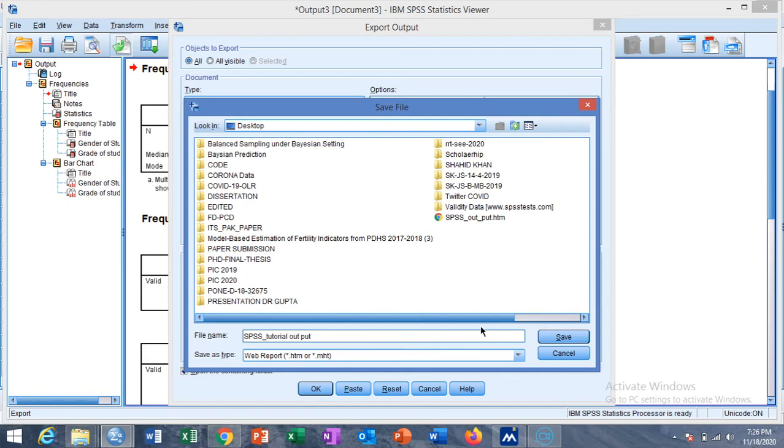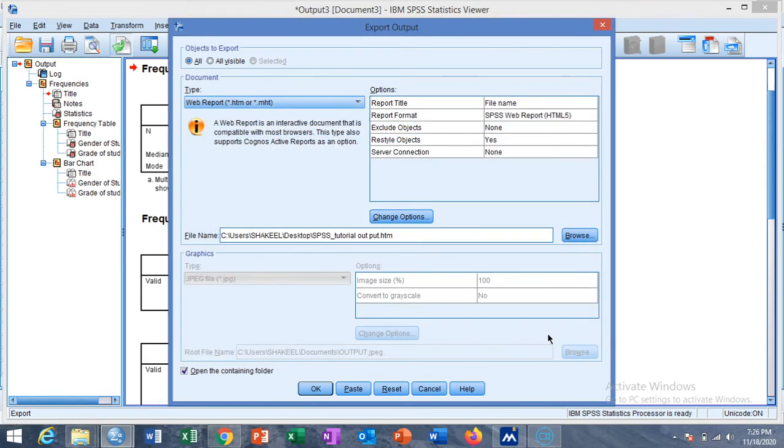I just want to save it to the desktop and click on OK. If you want to see the output here, then you can tick on open the containing folder. This will save the file and open the folder to view its result.